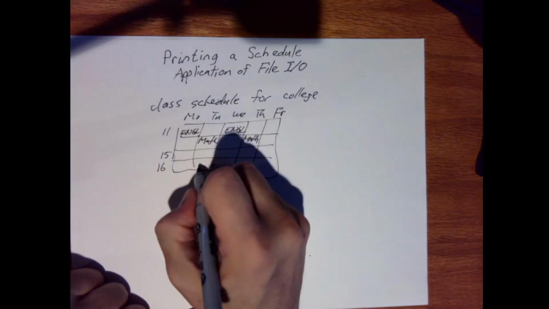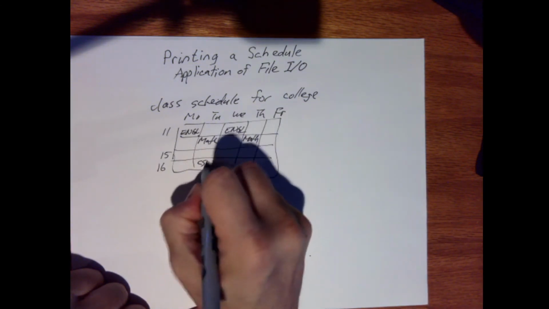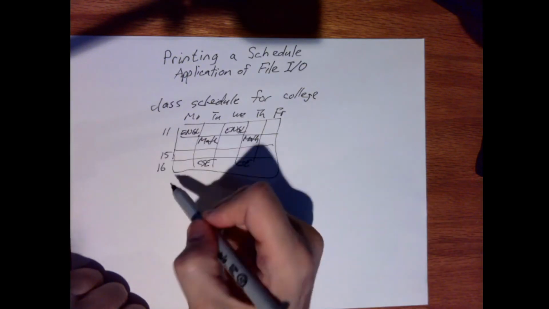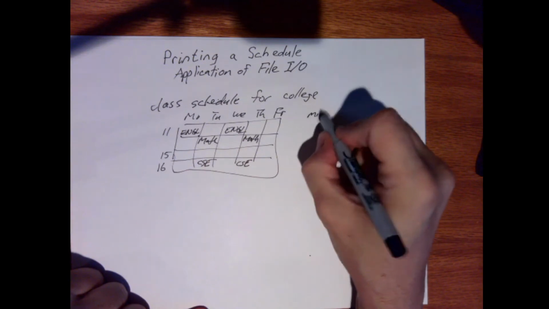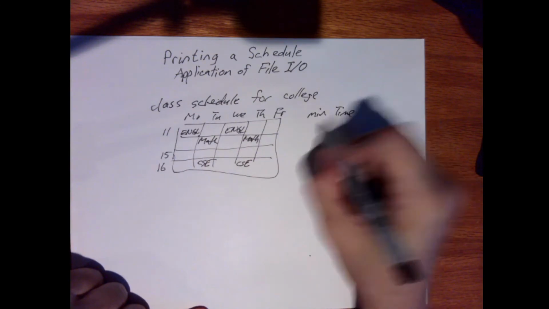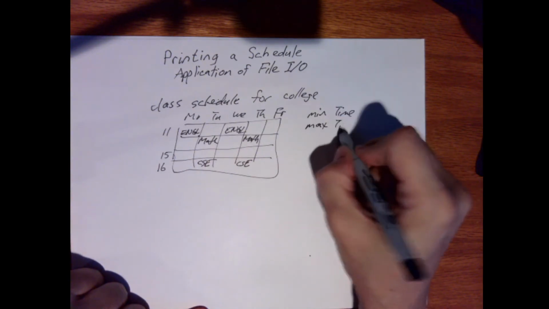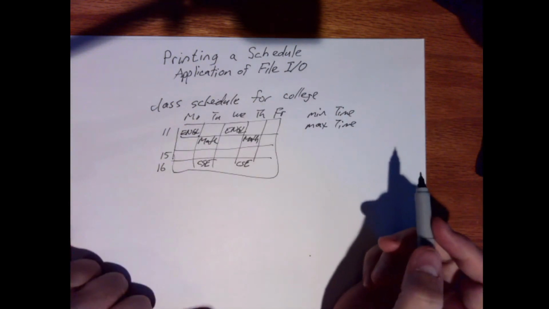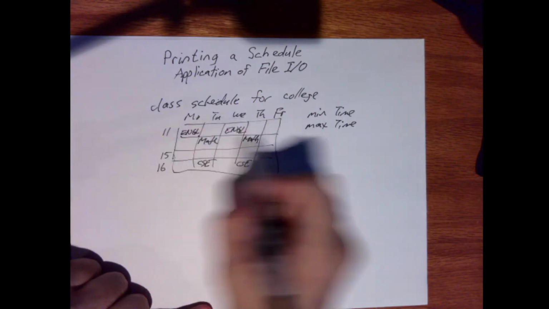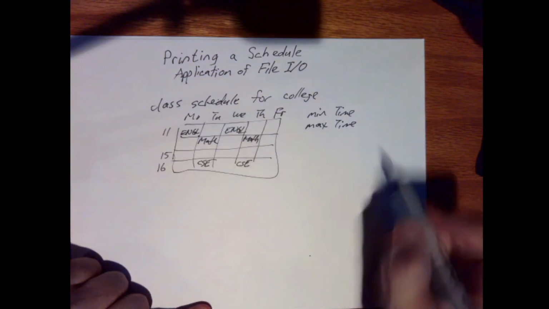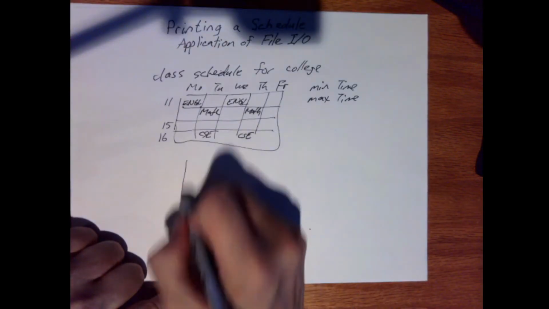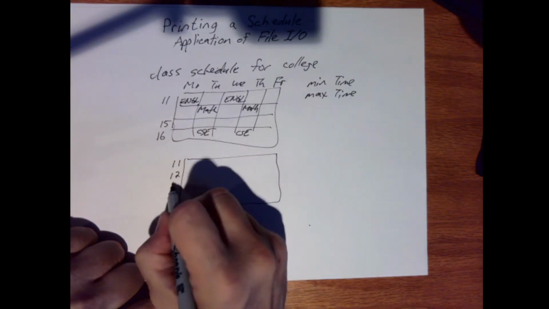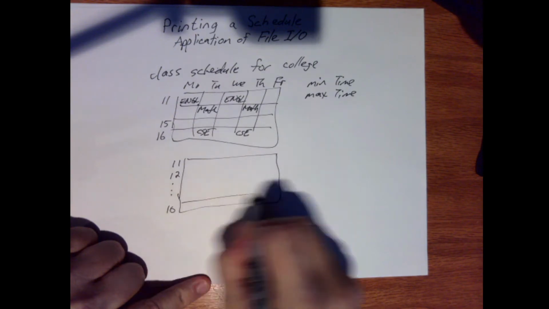So we'll put something else on here. Let's say this CSE class. So to do that, I need to know what's the min time and the max time. So I'll have to figure that out from the schedule. What else do I want to do? Well, when I'm making the schedule, if I had an empty schedule like I started with, if I knew it started 11 and then we have 12 and all the way down to 16,